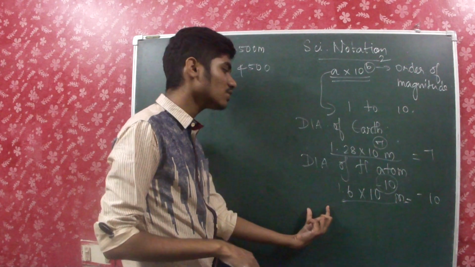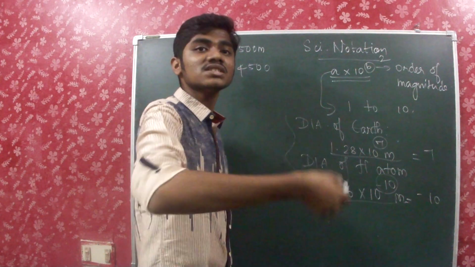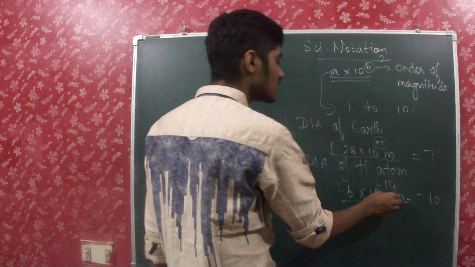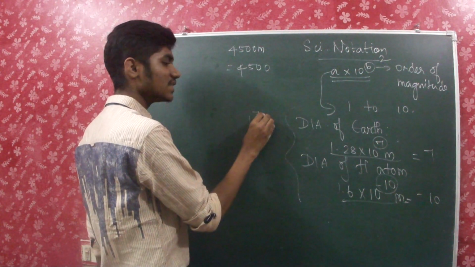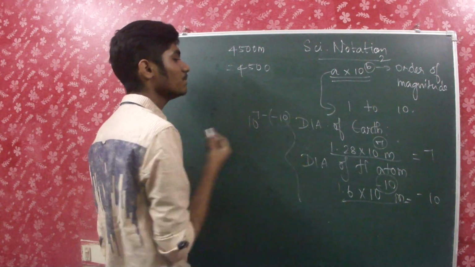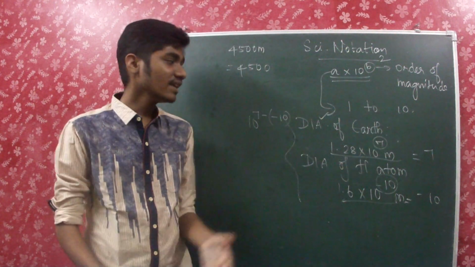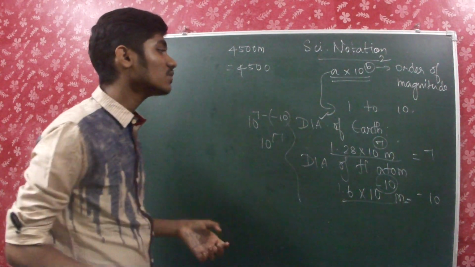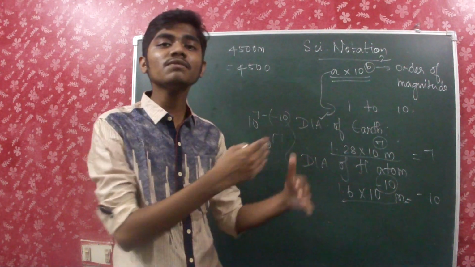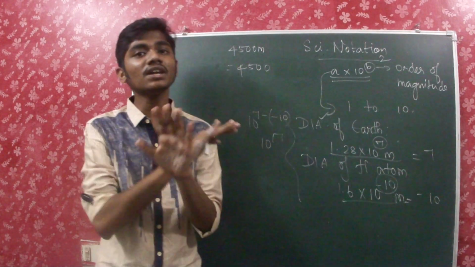So here in these two things you can very well predict the diameter of Earth and the diameter of hydrogen atom. So we can see how much bigger the diameter of Earth is than the diameter of hydrogen atom. It's 10 power 7 and it's 10 power minus 10. So if we subtract them, 10 power 7 minus of minus 10, I'm right, because I want to find how much the diameter of Earth is greater than the diameter of hydrogen atom. So you will be getting 10 power 17. So the diameter of Earth is 10 power 17 times the diameter of hydrogen atom. This is how we predict. So this was possible only because of order of magnitude. So order of magnitude is very significant and very important.